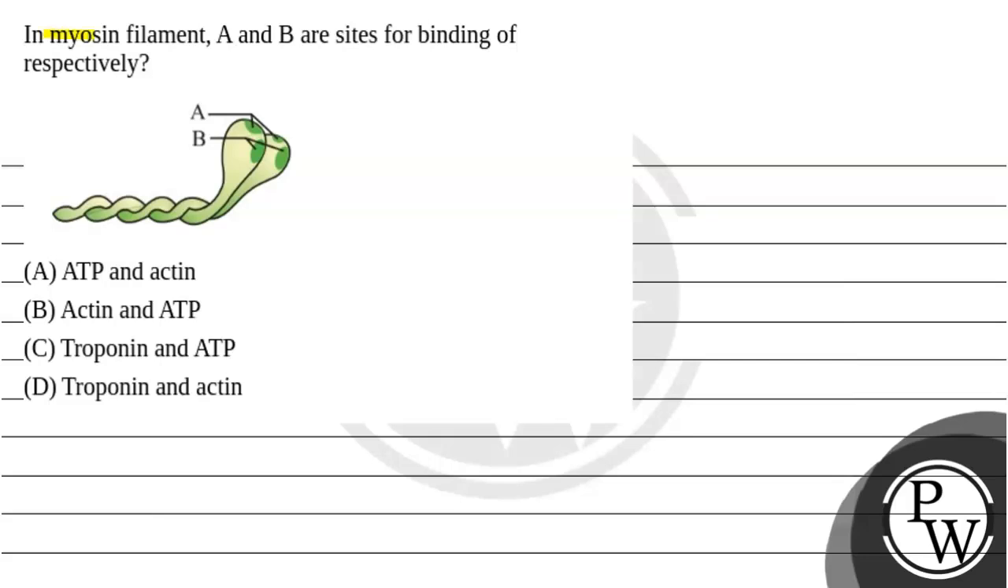The question says: in myosin filament, A and B are the sites for binding of what, respectively? A and B sites are pointed out, labeled here. The first option is ATP and actin, second is actin and ATP, third is troponin and ATP, and fourth is troponin and actin. So the key concept of this question is